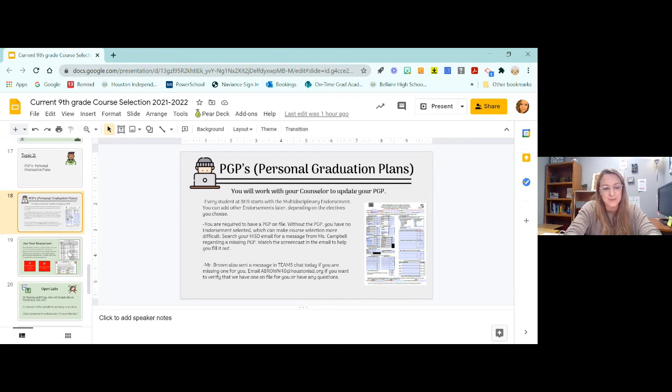Does the first year of dance count as a PE credit? It can. It depends on how it was coded. Sometimes you can get your first year of dance as a fine art or as a PE. It would have to say PE aerobics if it's the dance PE credit. If it's dance, it's very likely it will be counted as a fine arts credit. But if you take it again, it can count as a PE.